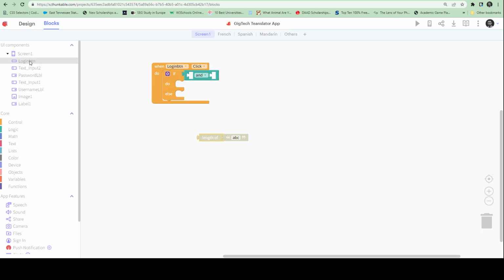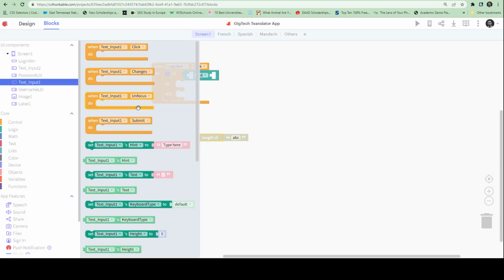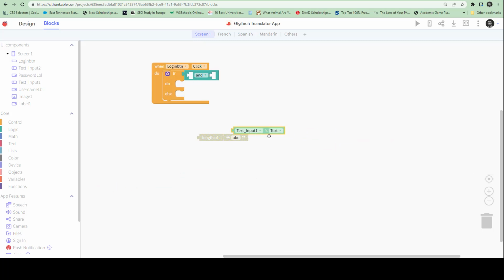Go to component text input one, and then you just drag in the text input. Where's text input? Yeah, this is it right there. If the length of text input one, you see what I'm doing? If the length of text input one